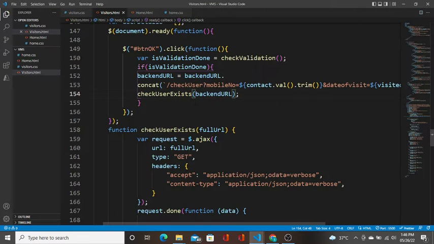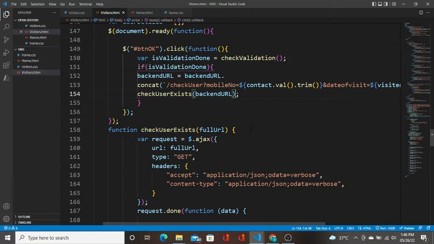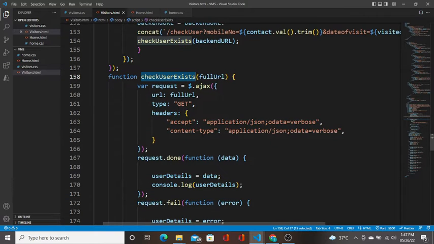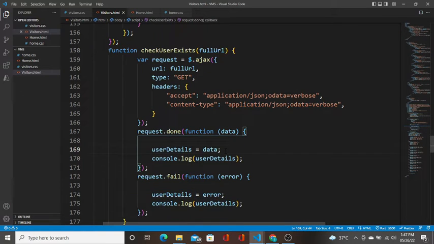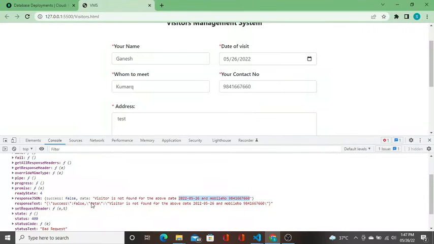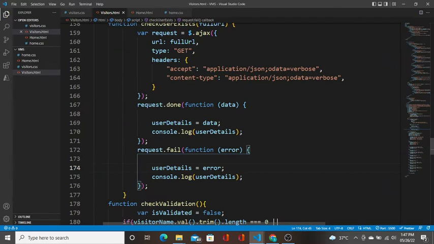Okay, so now after this we want to insert data into the database. Which data? This form data. But now you see how the sequence has changed, now it is under this function. In the function we are setting the data to this array. So at this place, when we get the error, we will analyze this error. If we find response json.success is false, then what we will do, we will